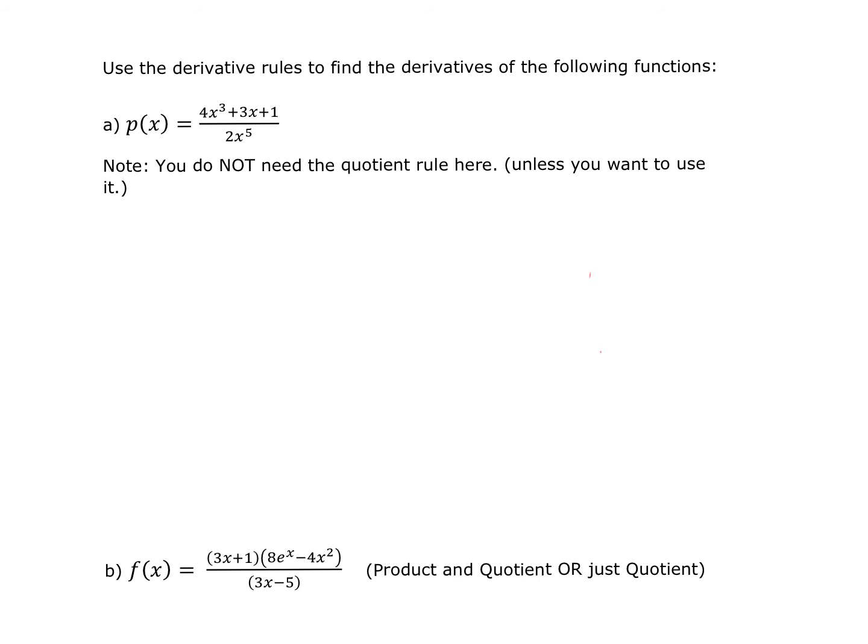For this next example, we're going to use the derivative rules to find the derivative of p of x equals 4x cubed plus 3x plus 1 divided by quantity 2x to the 5th. So we're going to start by using the quotient rule. So when we use the quotient rule,